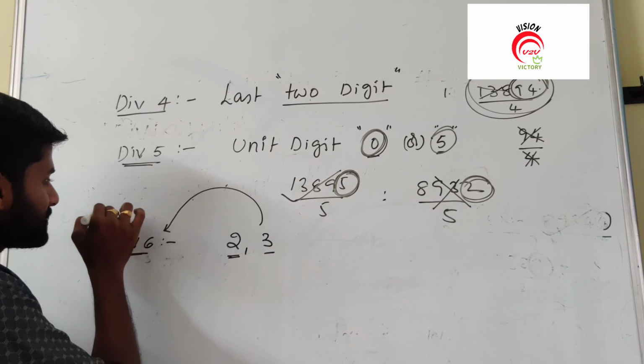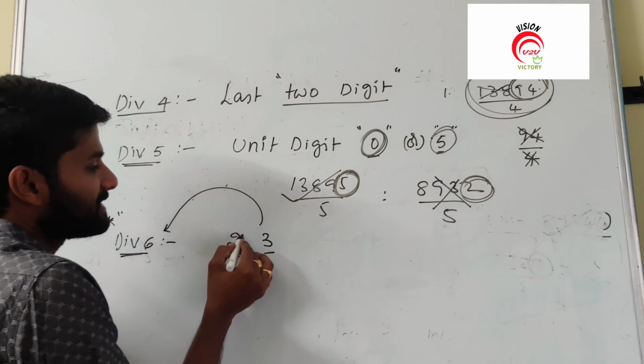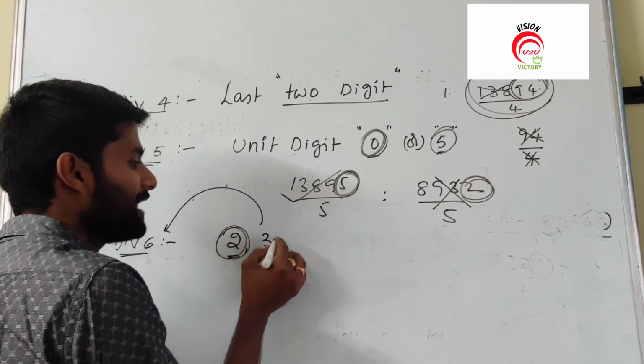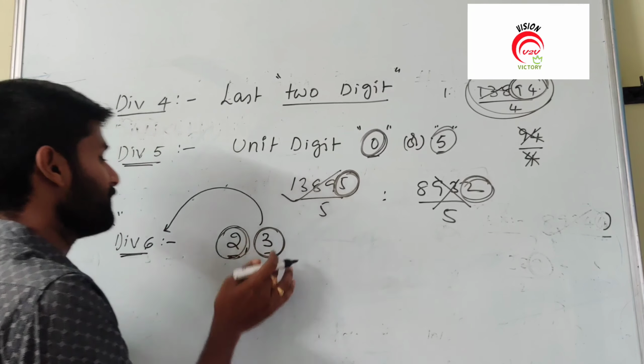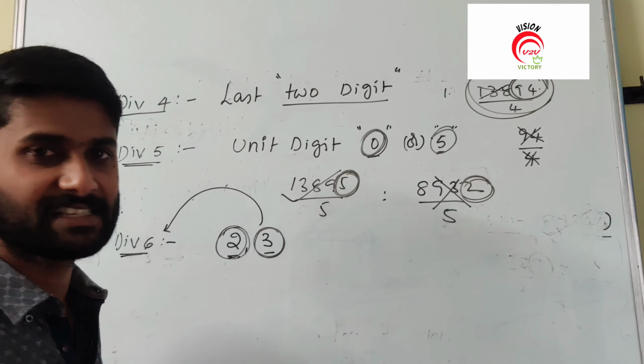If you want to say divisible by 6, the property means that the number is divisible by 2 and also divisible by 3. Definitely then that number is divisible by 6. For example,